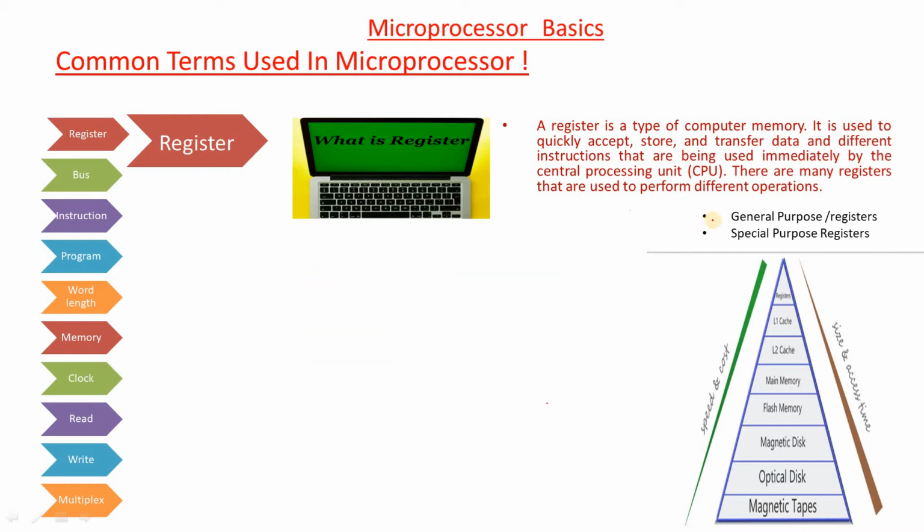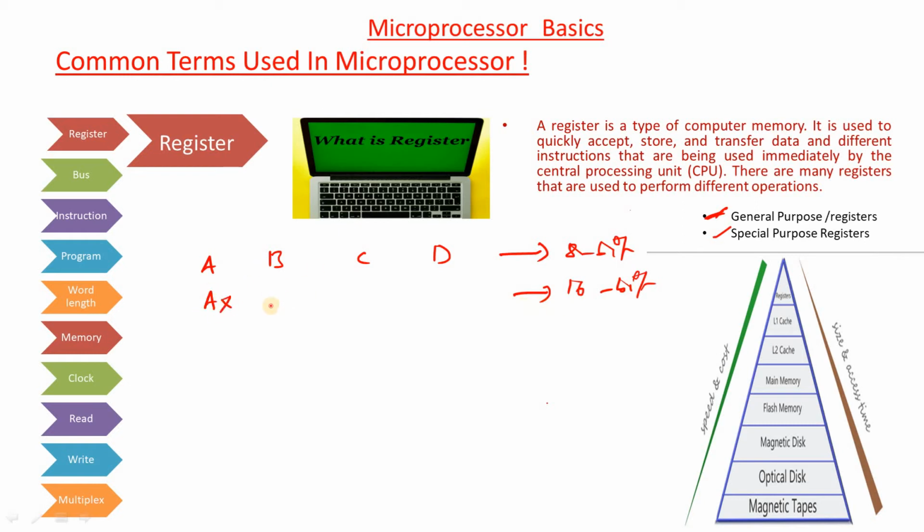Coming to the classifications of the registers: general purpose register and special purpose register. Let us see the general purpose registers first. General purpose registers are always represented by alphabets, that means A, B, C, D like this. A means accumulator, B means base, C means count, D means data. All these are 8-bit registers. If you want to consider these general purpose registers as 16-bit registers, the A register can be